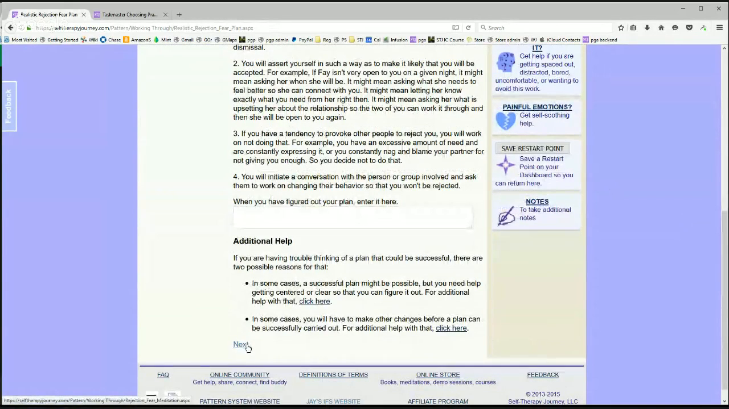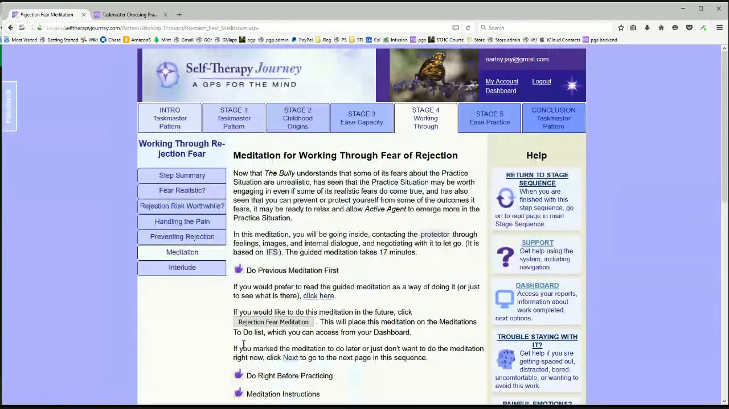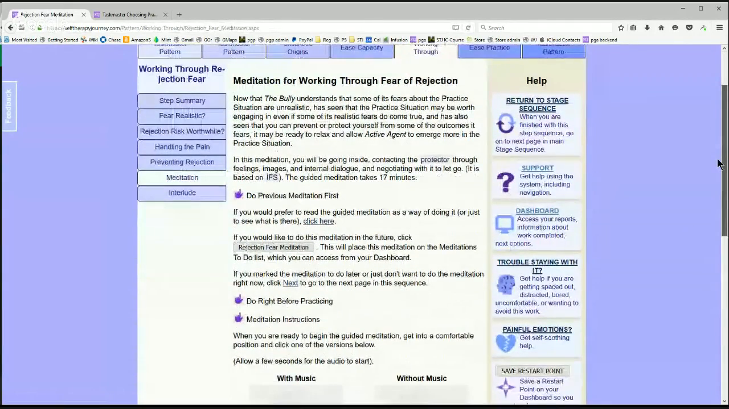And if you need additional help with that, there's other pages you can click to get even further help figuring out your plan, but I'm not going to go into that now. Okay, so now we finally have gotten to the point where you're ready to do the meditation,